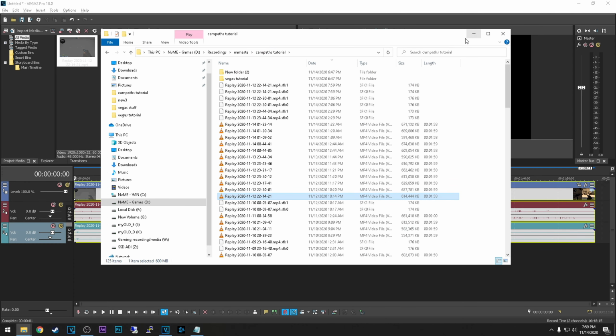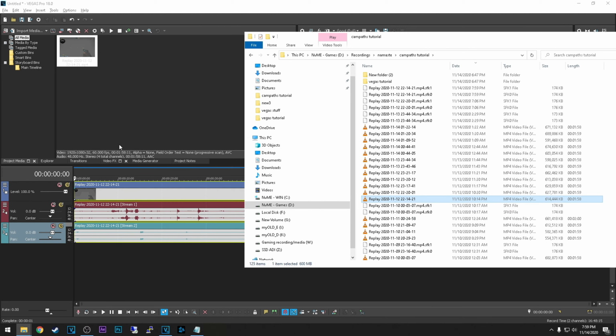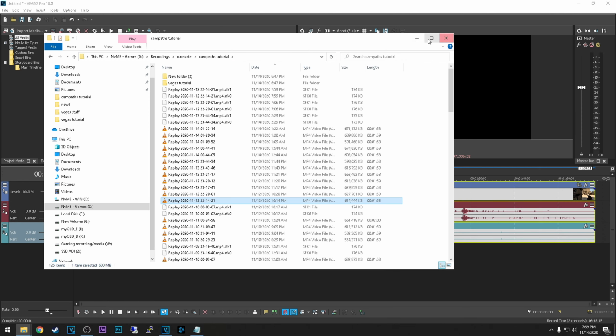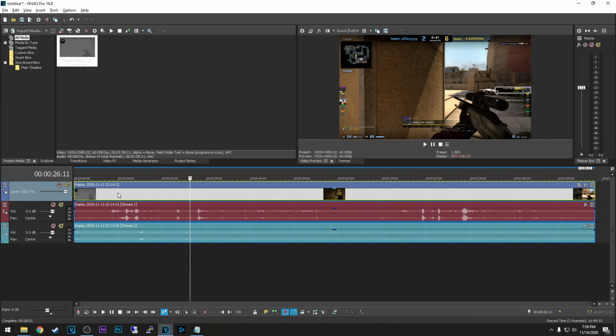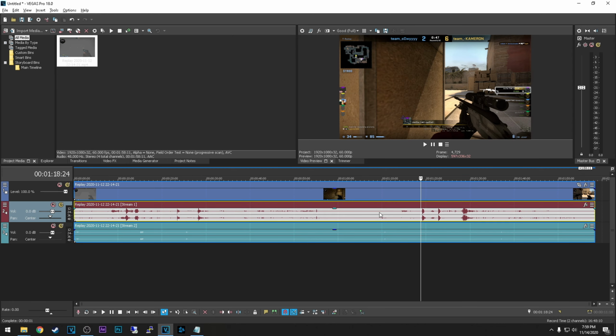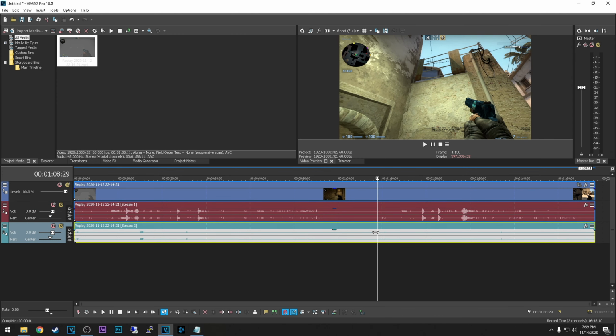You can import videos directly in the timeline just by drag and dropping, and you will see that now we have 3 tracks, 1 for video and 2 for audio. When you import a clip, you guys will probably have only 2 tracks, only 1 for audio, but because I configured my OBS to record my microphone in a separate track, that's why I have 2 audio tracks.